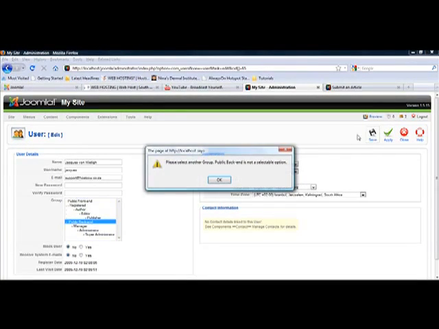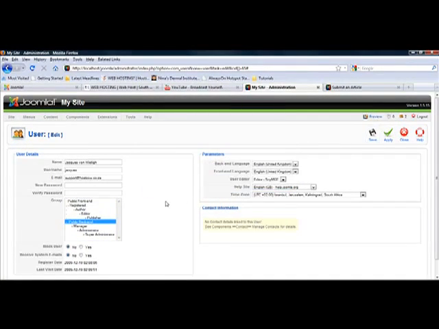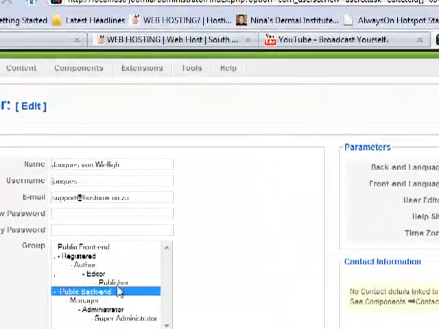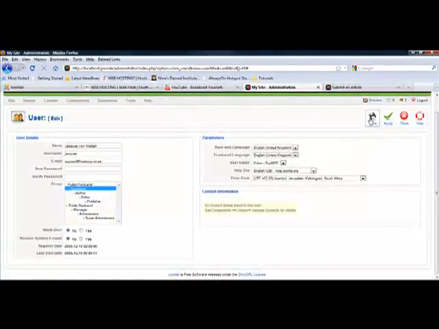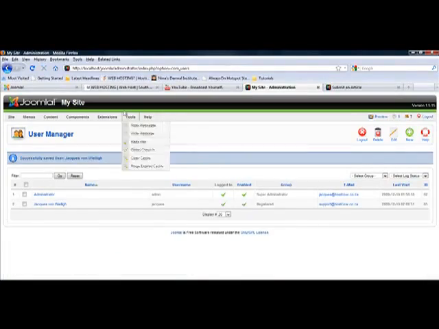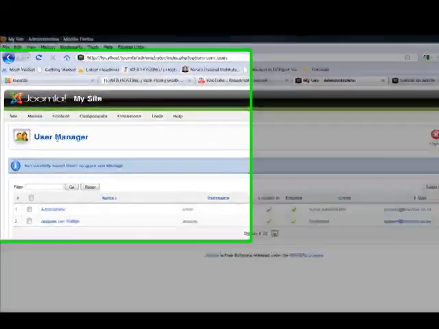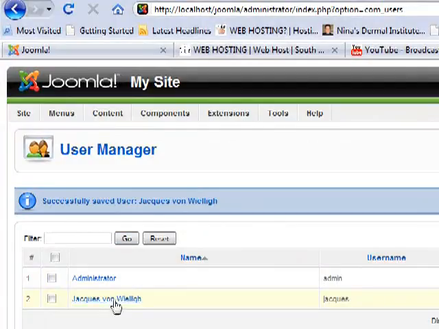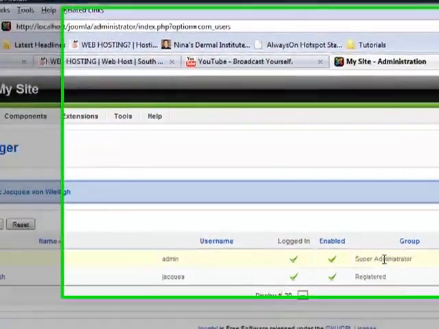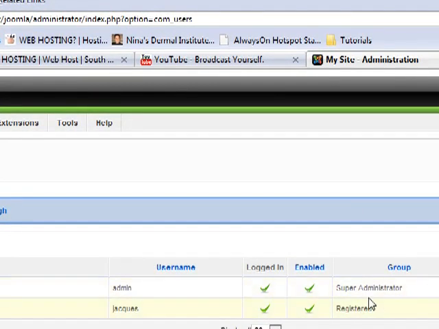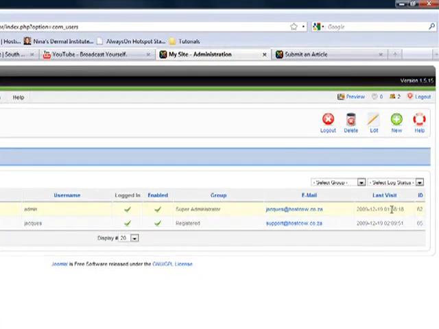That will basically cover the groups within the user manager. So we've covered everything within the user manager, and you will see that the groups show up here, the assigned groups,